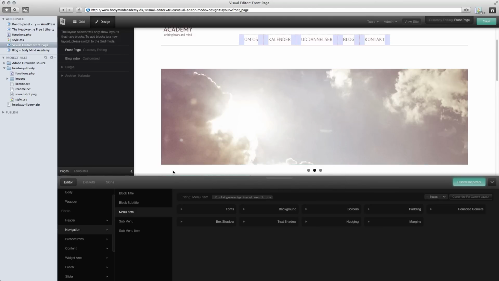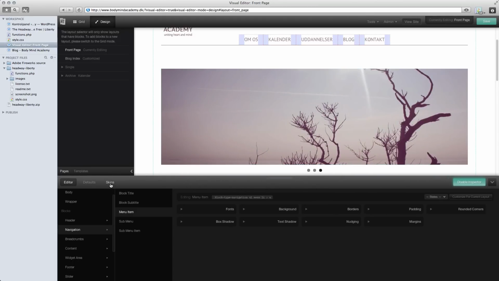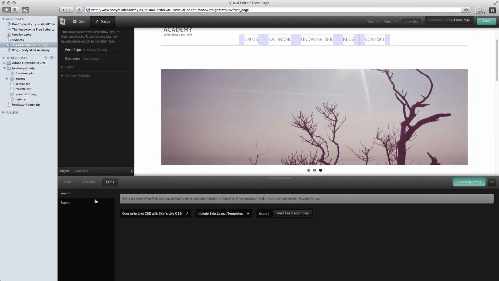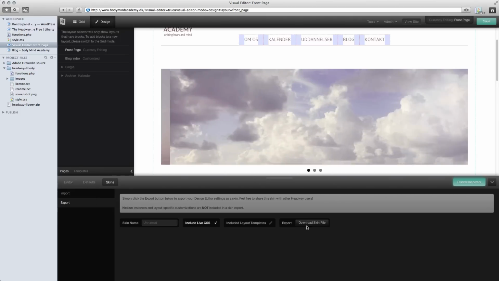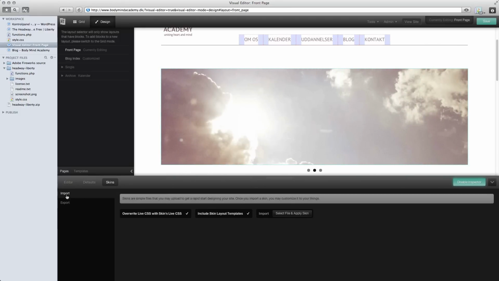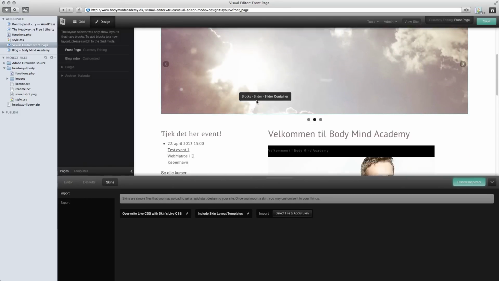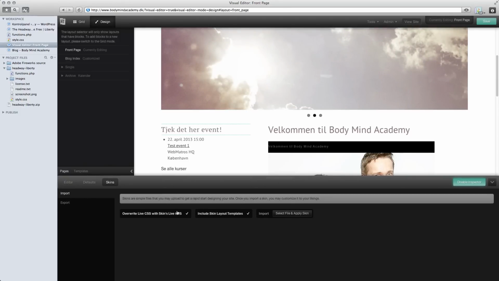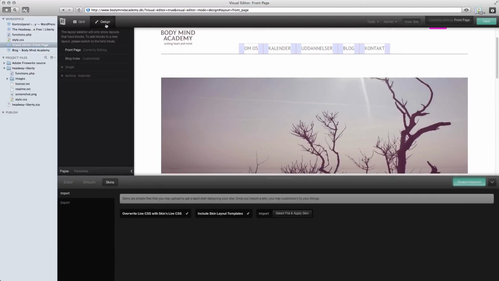But you can then export the skin. So I can export this, download the skin file, boom, and then I can hand it over to you, and you can go to Headway, import it, and then boom, you would have all this. You would have all the design settings.